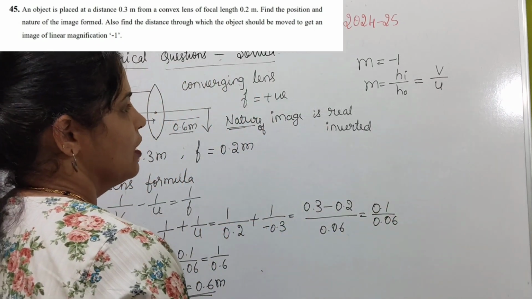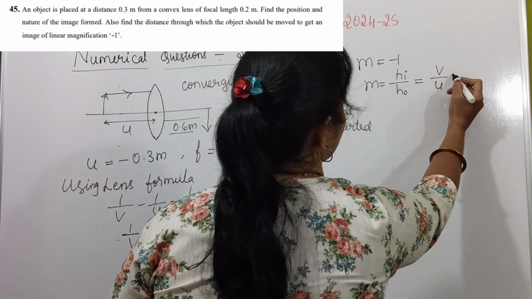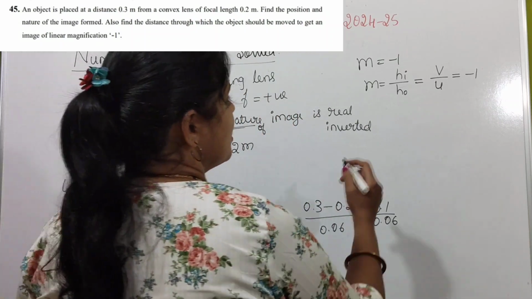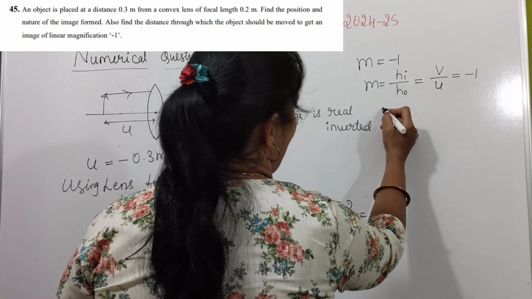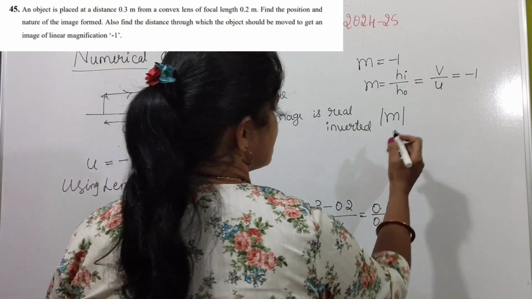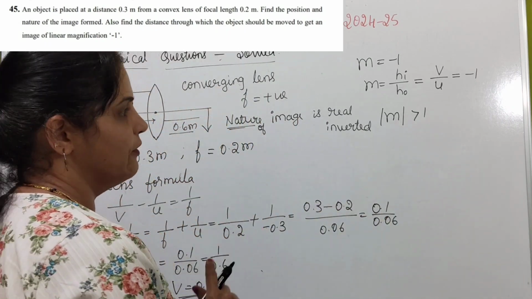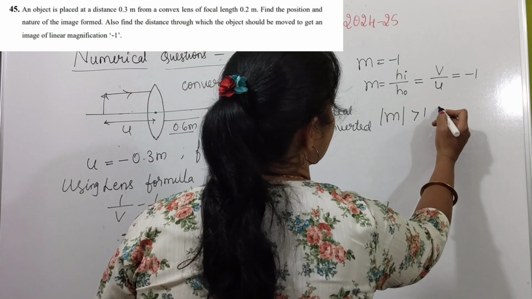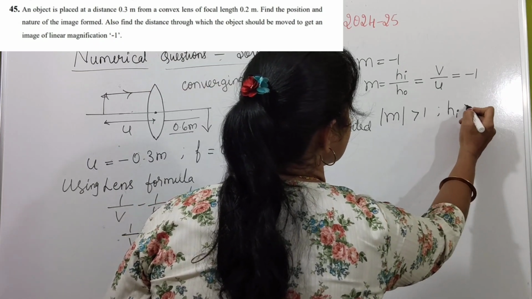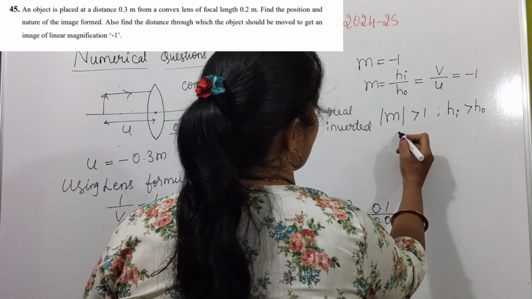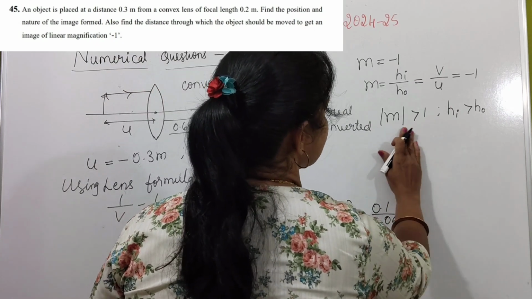So here it is given that v by u is equal to minus 1. If the magnitude of magnification is greater than 1, that means height of image is greater than height of object,